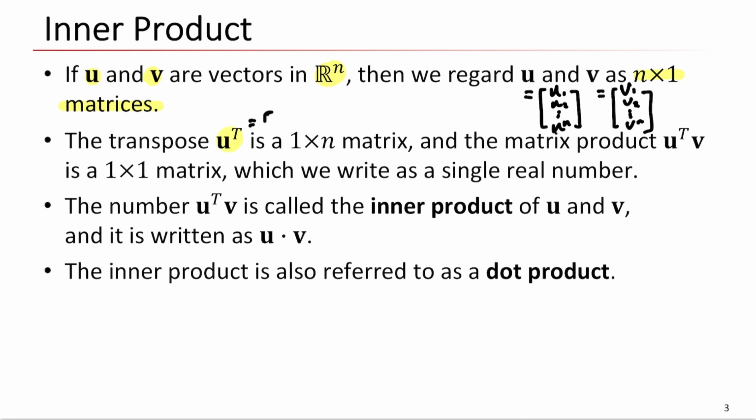Then what is that? u1, u2 through un, right? So compared to this one, u transpose only has one row. Then this is a 1 by n matrix, right? Then the matrix product u transpose times v